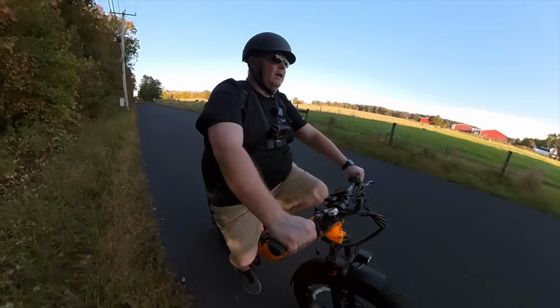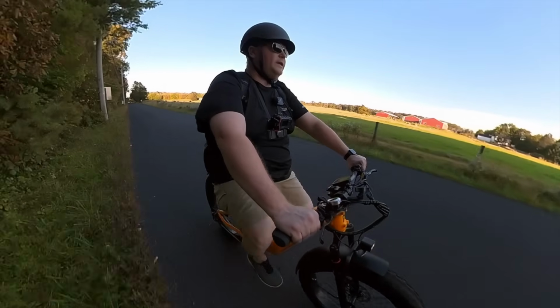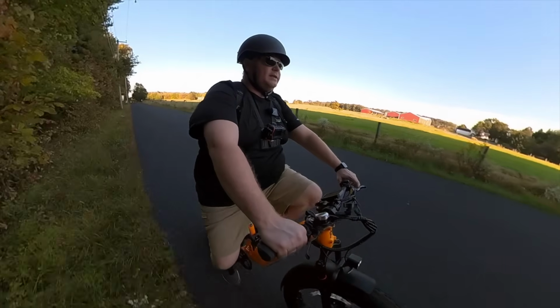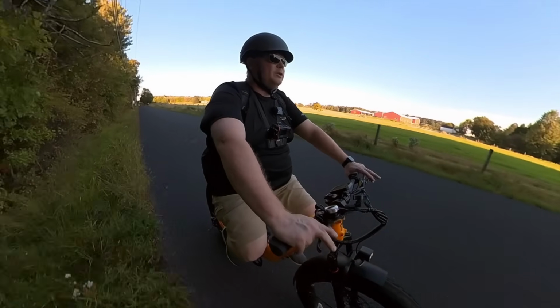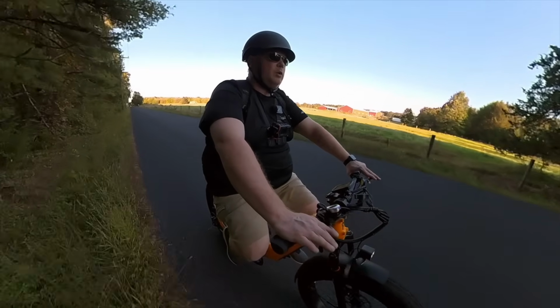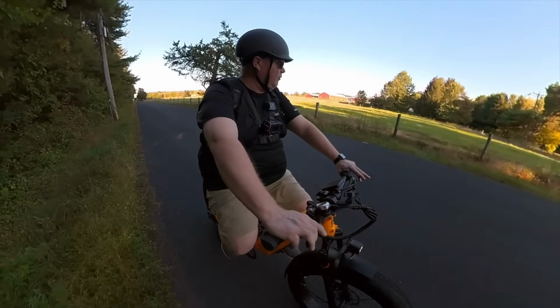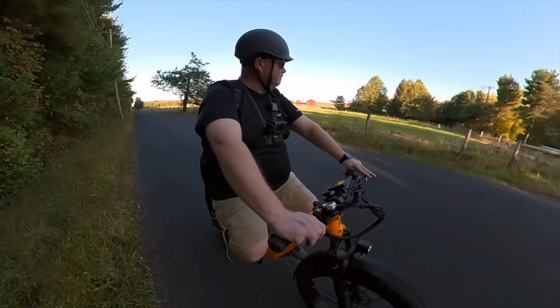You're definitely going to hear the rattling from that rear bumper. I'm going to see if I can tighten it or fix it, but I did notice, and I think I said this in the first video, that a lot of people seem to take that bumper off, or both bumpers off, or they just never put them on to begin with. Don't know if you could do that with having the rear cargo rack, but